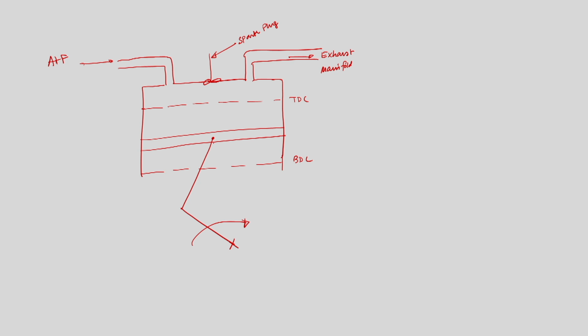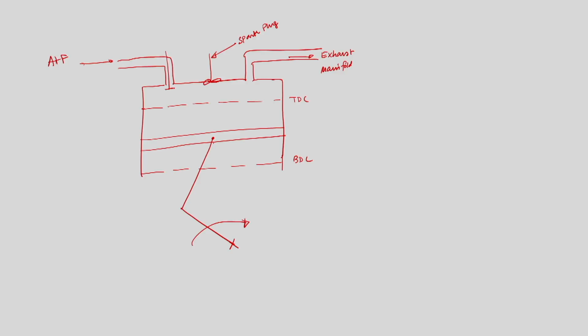If I would like to discuss the 4 different strokes for the SI engine, that will be the same for the CI engine, only in case of a CI engine we won't have a spark plug, and we will have a fuel injector, and only air will be introduced to the intake manifold. We will have an intake valve, and this is the exhaust valve. This is the intake manifold, this is the exhaust manifold.